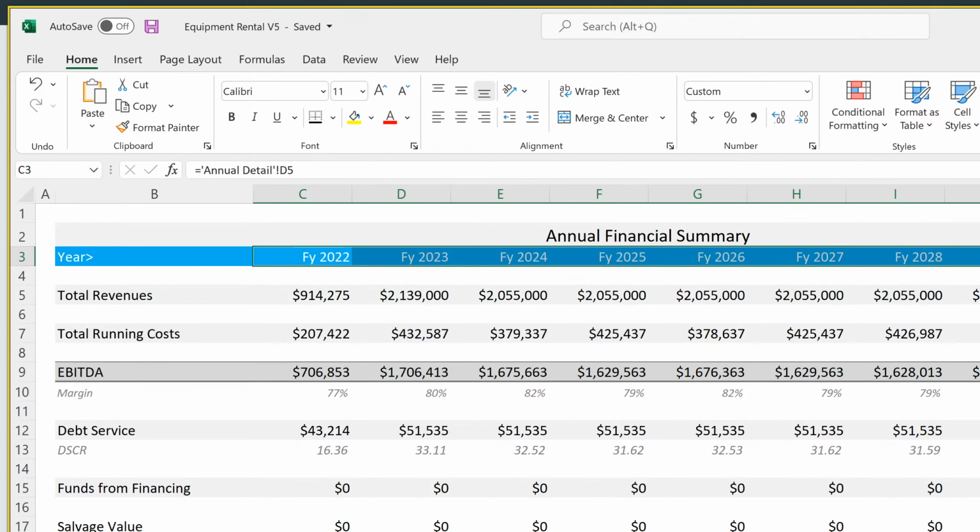All right, so formatting done. Let's make sure everything works. So right now I just have NA selected, so this means the model just runs into perpetuity. The loans just go to the last month and they don't get repaid, they just show a balance. We want to check all our checks,